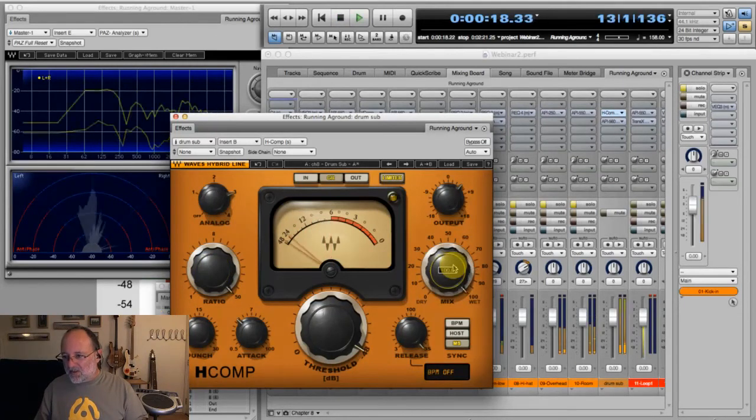Well, actually this one I'm hitting pretty hard. See, there's just the compressed signal, which is pretty over the top. But if you mix it down,